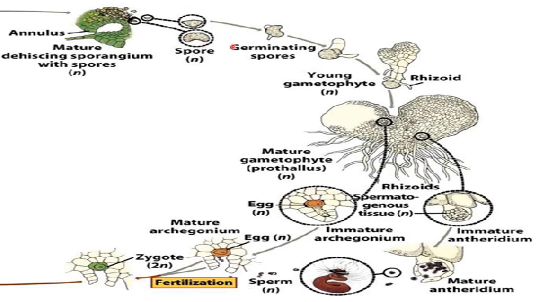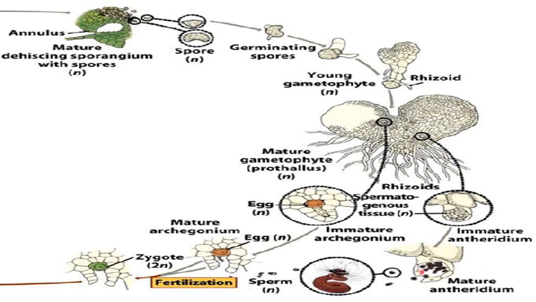Okay, now these spores germinate, and after germination gametophyte is formed. So this is a young gametophyte formed after the germination of spores. This is a mature gametophyte having these rhizoid-type structures and this heart shape. Now on the mature gametophyte, male and female sex organs are present. The female sex organ is called archegonium. So this is archegonium, where the egg, means the female gamete, is forming, and this is antheridium, where antherozoids, means the male gametes, are formed, right?